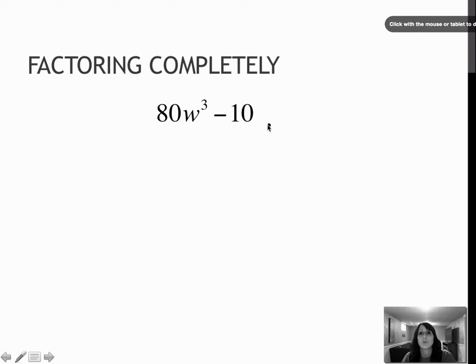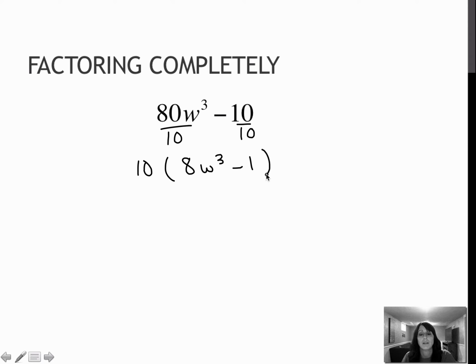Here's another one. I have 2 terms and they have a GCF of 10. So I will take a 10 out and write what's left, which is 8w cubed minus 1. Notice this is a cubed problem, so I'm going to look at my difference of cubes pattern and see if it fits. The cube root of 8w cubed is 2w, and the cube root of 1 is 1, and they're being subtracted. So that pattern says take a, let's go ahead and label these a and b, a minus b,